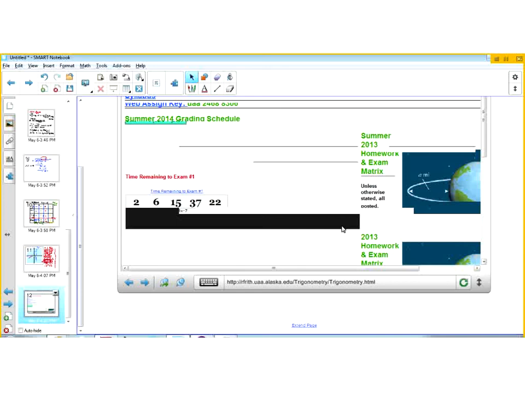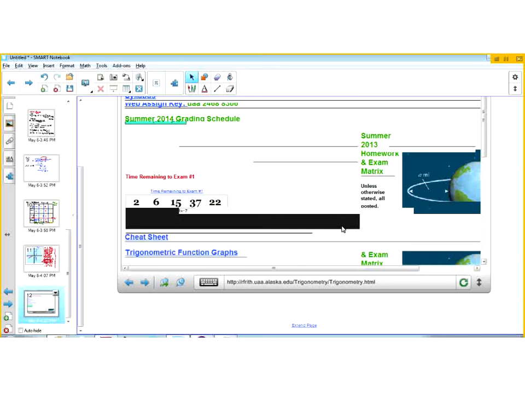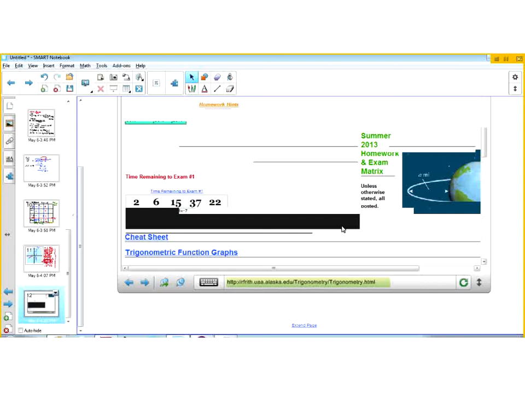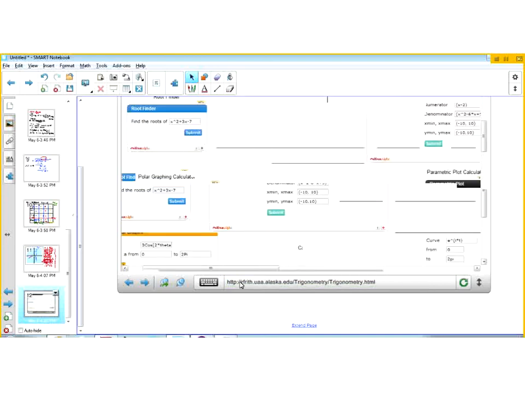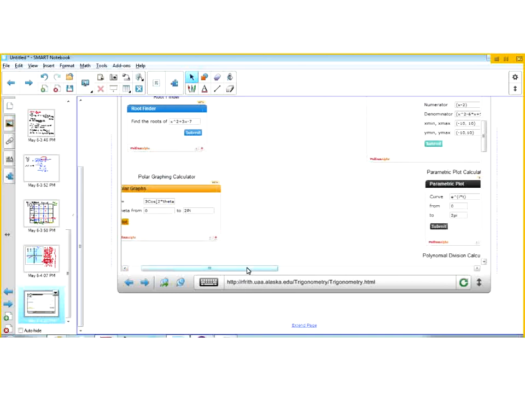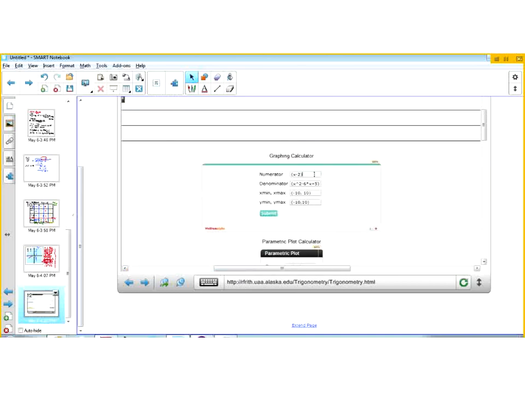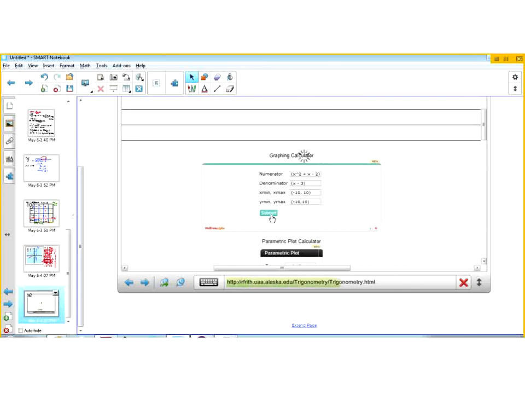Try it again. The tools are still being perfected, so I apologize for this rather uneven display of graphics. Wait for a second for the web page to resolve. Okay, try it again. So that was x squared plus x minus 2 divided by